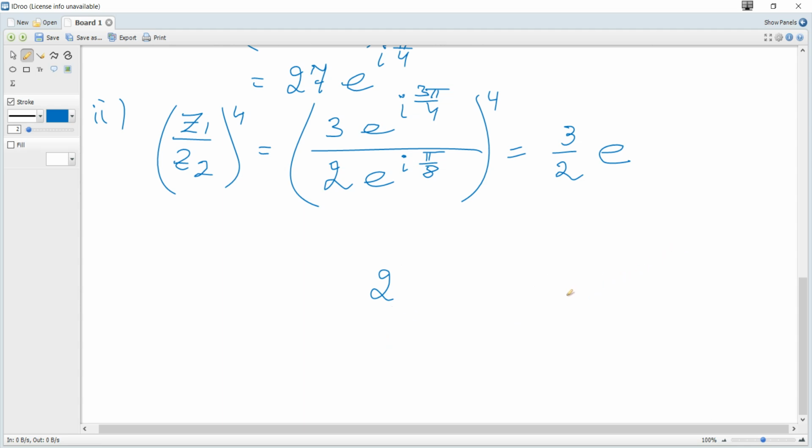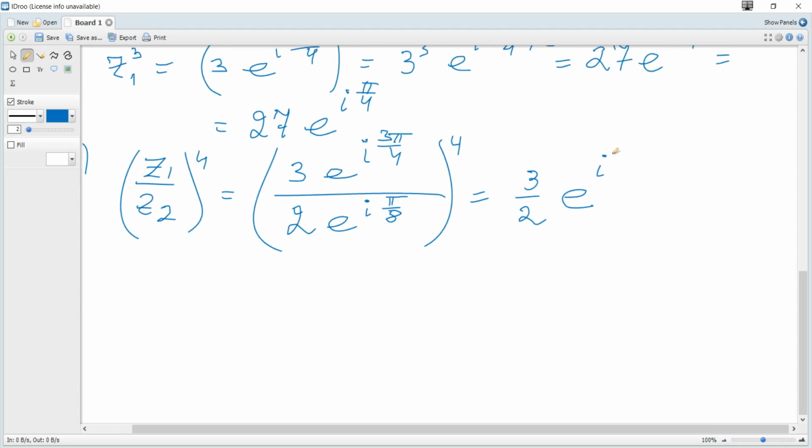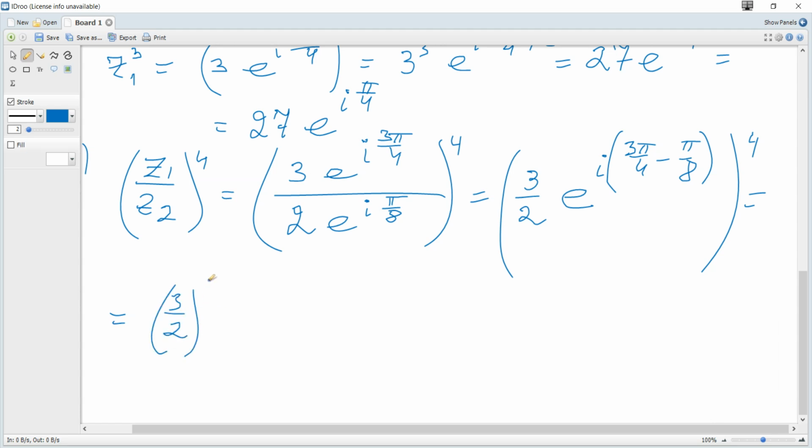So it becomes e to the power of i 3 pi over 4 minus pi over 8 and then to the power of 4. So it's 3 over 2 to the power of 4 and e to the power of